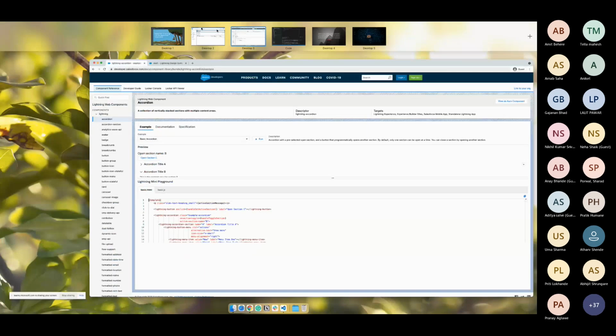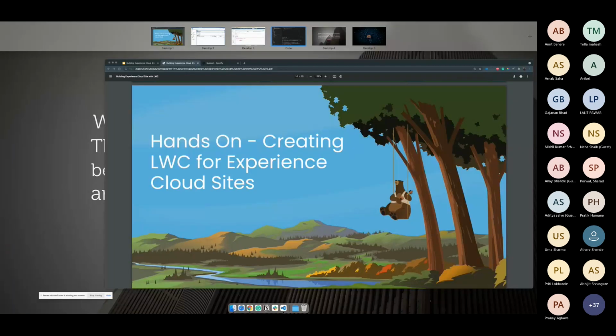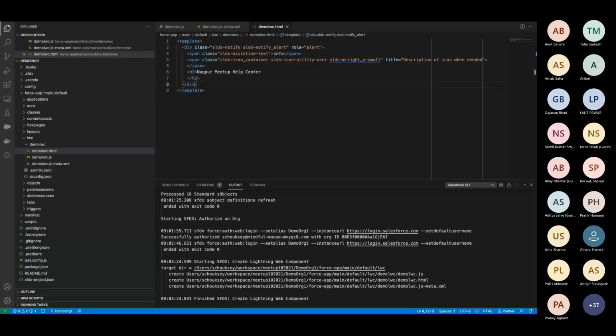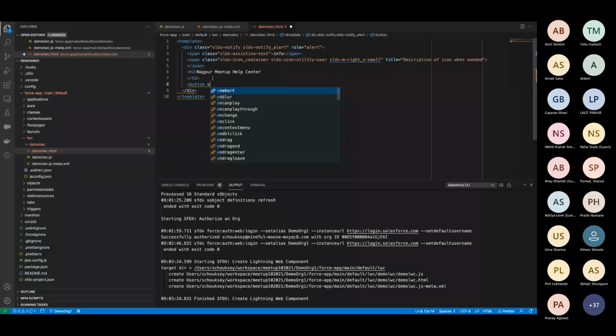Now I will also create one small button. I will write the normal HTML tag this time, not the Lightning button tag. Then on click, I will call a function, which is how you define any function, like handle click.